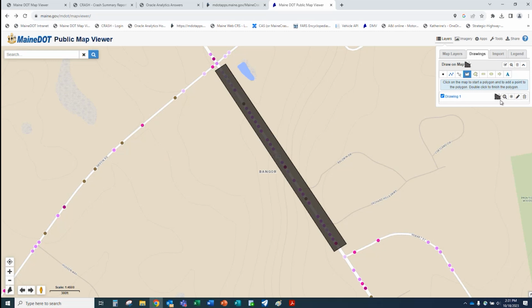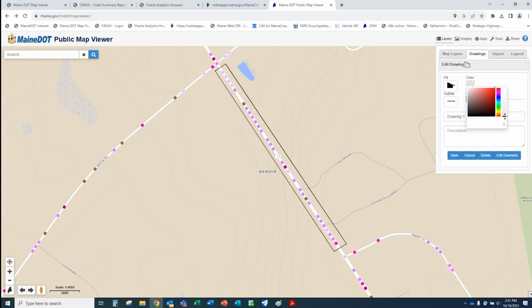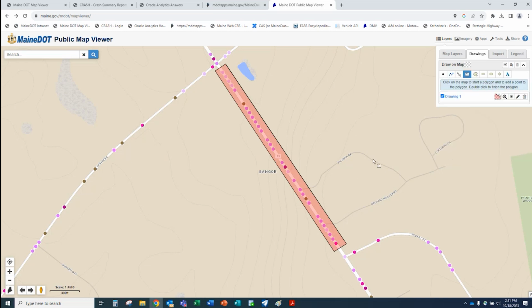So I've got this little polygon. I'm going to edit that because I can't handle that color. I can't even see what it looks like. Back to the red. That's what I'm used to looking at. Let's lighten it up a lot, not that much. Again, all things that you can play with and save. Okay, I just want to be able to see this as we go. So I've done this drawing and I've got it saved. You can leave that there, turn it on, turn it off. If it's on, though, you can use it to select. So you need to leave it turned on if you want to use it, and I want to use it.